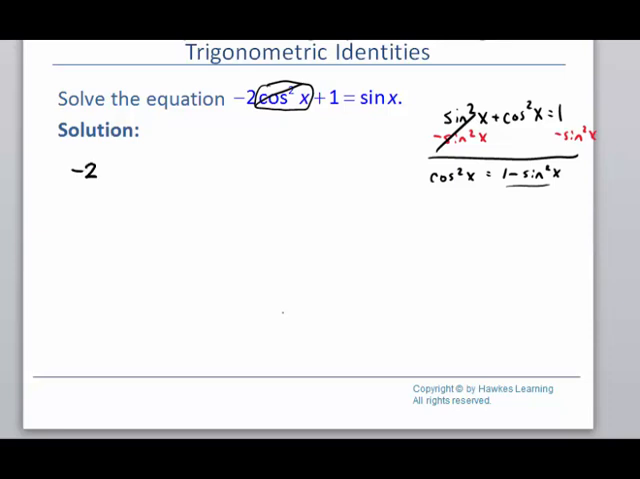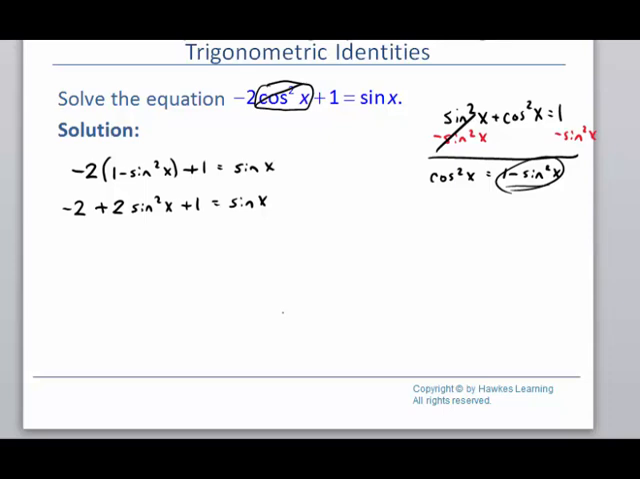And so my expression is going to look like I've got that -2. I'm going to do my substitution here. I'm going to add the 1 and set it equal to sine x. Okay, so once that's done, then we can go ahead and distribute our -2. So negative 2 times 1 is negative 2. Negative 2 times negative sine squared will become a positive 2 sine squared x. We have a plus 1